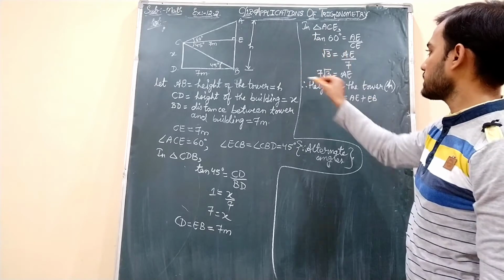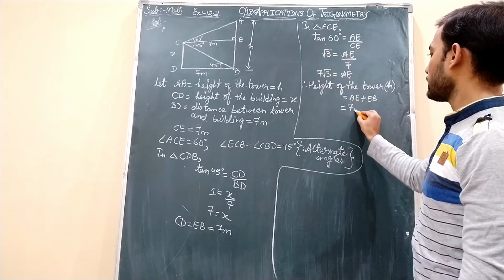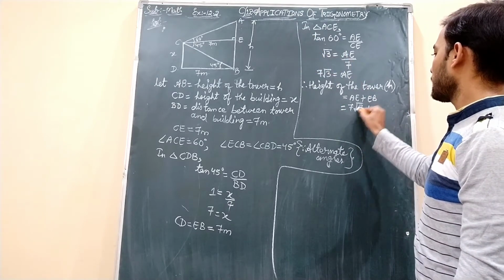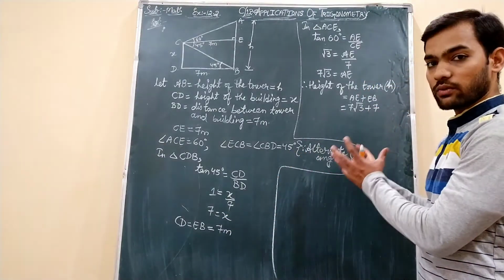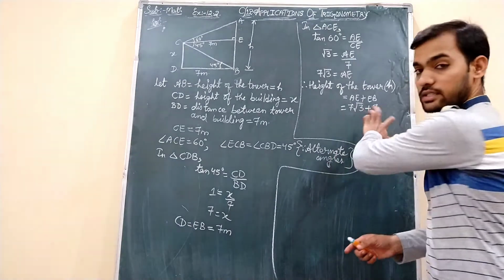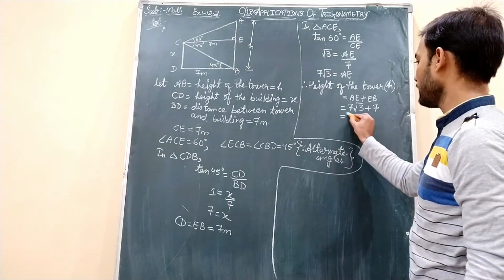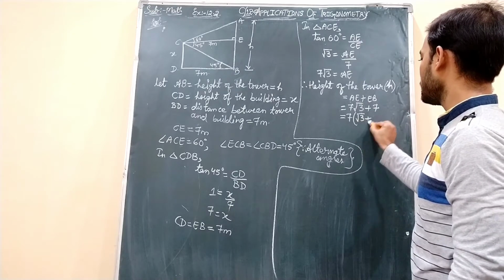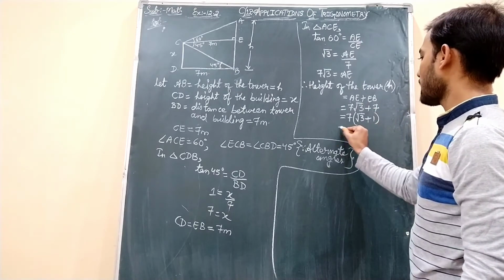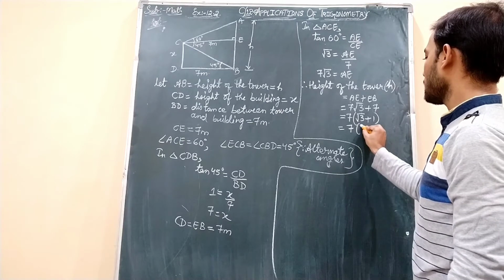AE is how much, students? Just now we got it here, 7 root 3 plus EB, here we got that is 7. Now again checking what is common in this term and this term. 7 is common. So when you take 7 common, in this portion root 3 remains and in this portion 1 remains. Now substituting the value of root 3,